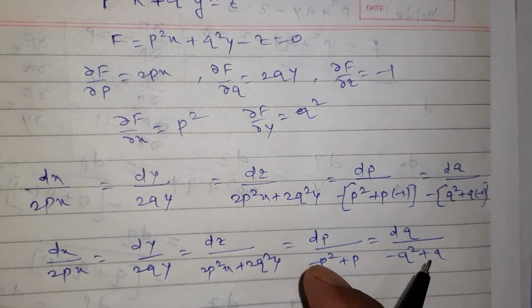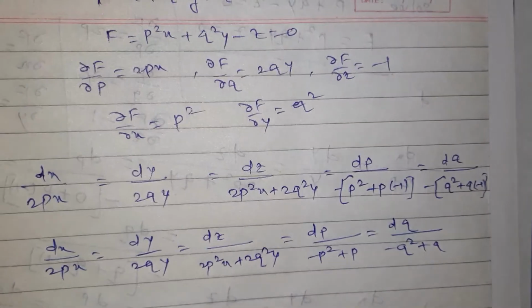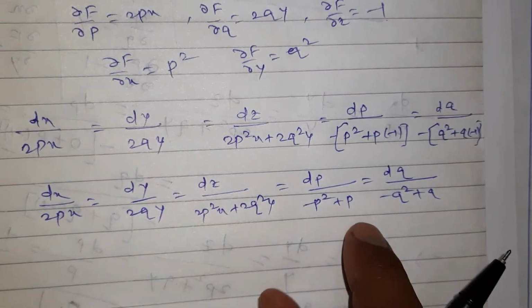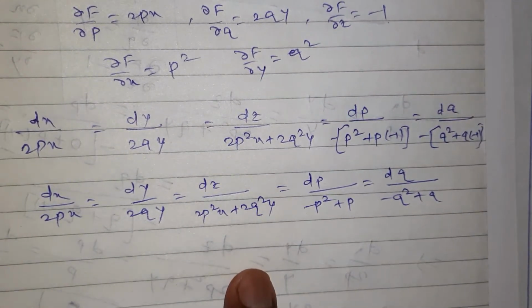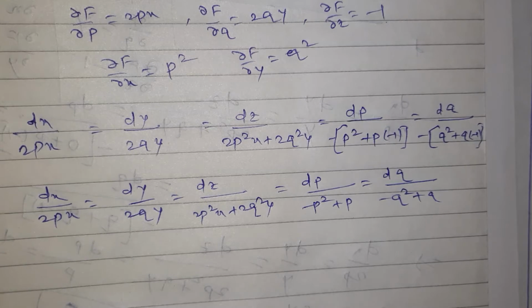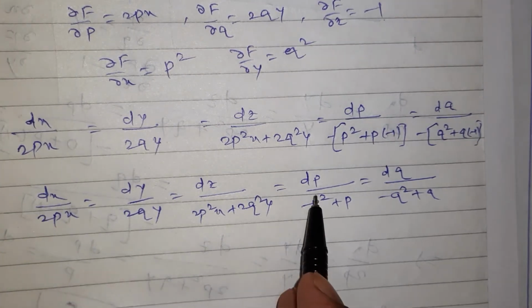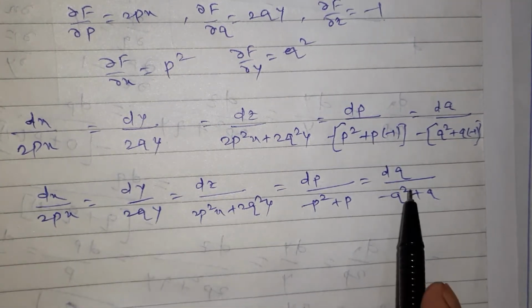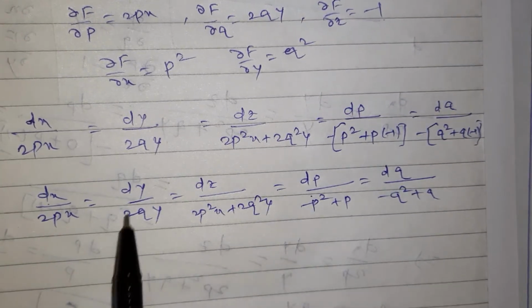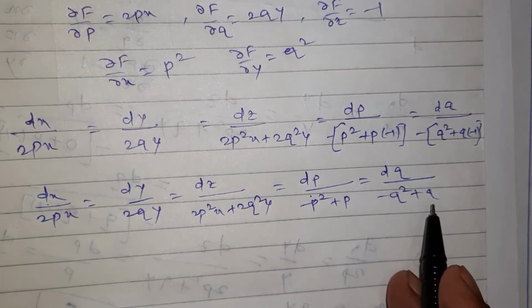Now how we are going to solve it? This is the big question, because I can't get any term 0 or these multiple terms. I get a few complicated terms here. So how to solve it? That is, we have to think. See carefully here. We will take a group of dx and dp on one side and dy and dq on another side. Means using this dx dp we form one group, using this dy dq we form another group.